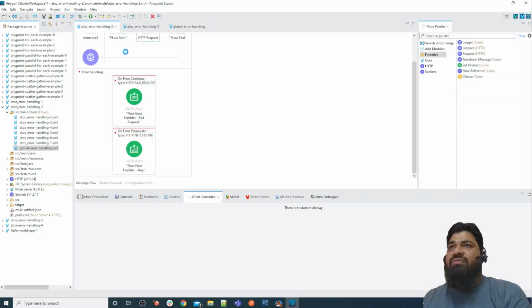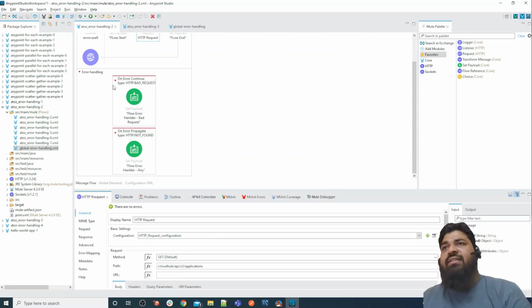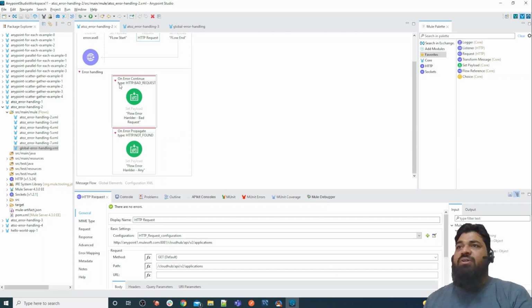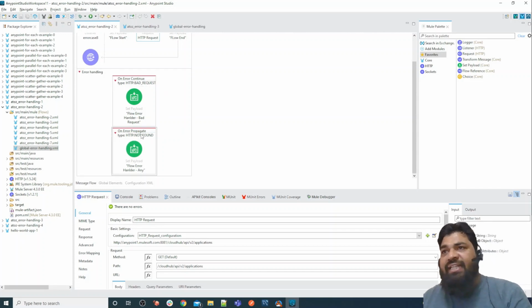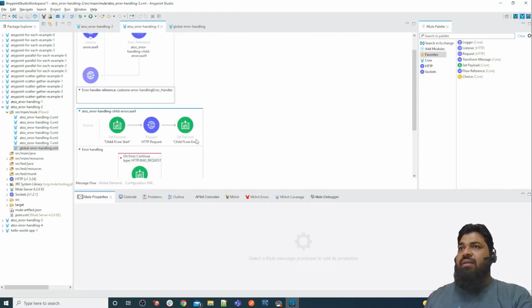Okay, so I just want to repeat one more time. If you have defined error handling and your type is not matching, then the default or global error handler does not come into the picture. If you define any, then it propagates the error. If something propagates the error, then your default or global error handling comes into the picture. If you have not defined global, then the default error handling will take care of your error. If you define global, then the global error handler takes care of your error.